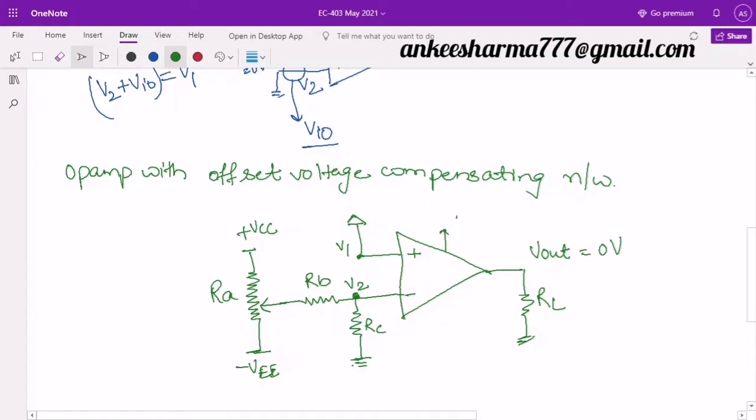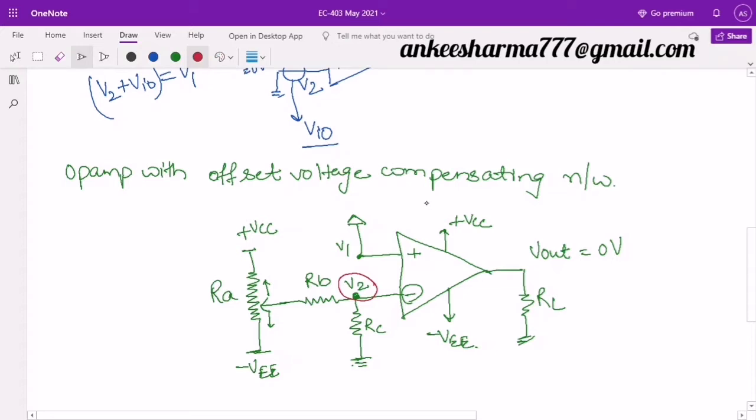You can have here plus VCC or minus VEE, that is the biasing voltages of this operational amplifier. So what we are going to do here, we are going to connect a rheostat or a potentiometer across an inverting terminal. Over here in this inverting terminal we have connected this. Now when we shift this one to either the upper side or the lower side, automatically the voltage across it will be changed. You will find the voltage across this resistor RB and RA will be changed, and you will find a change in the voltage V2. With a change in the voltage V2, you can adjust it either to the positive voltage or to the negative.